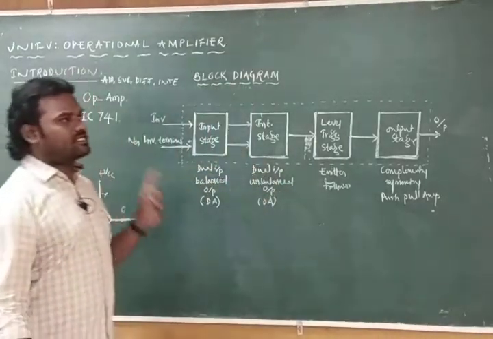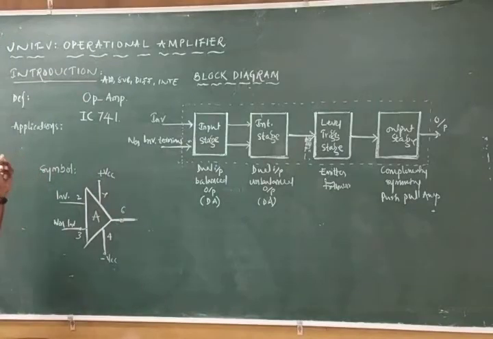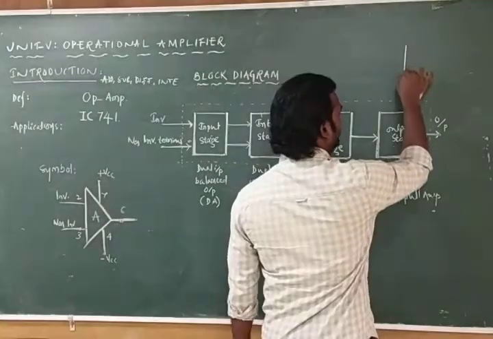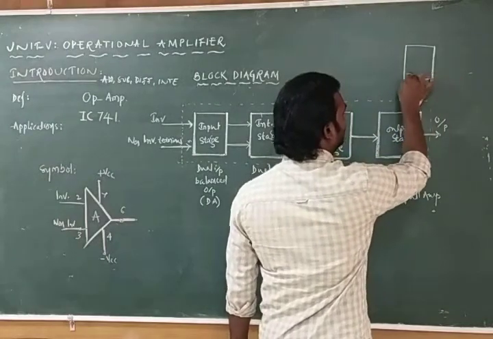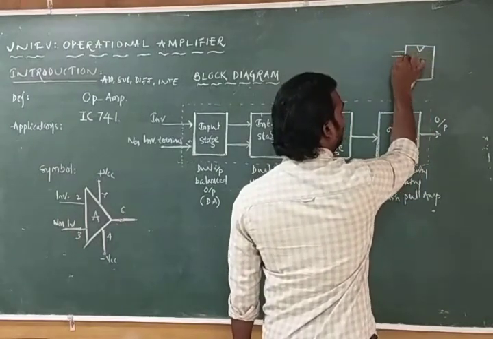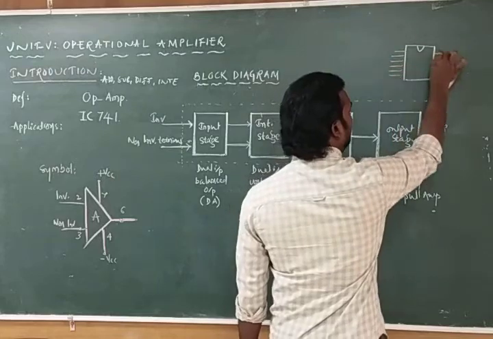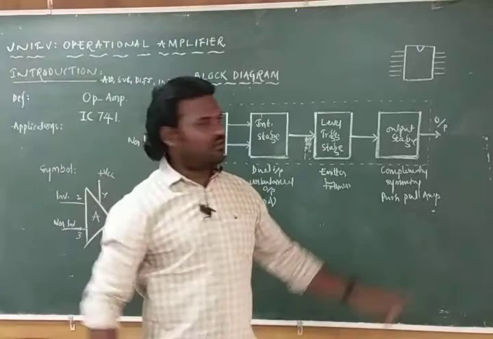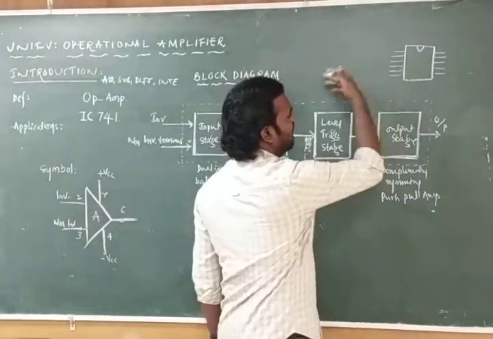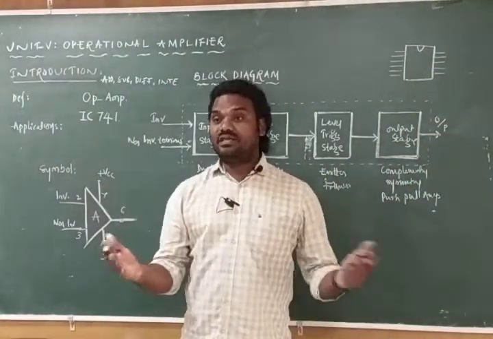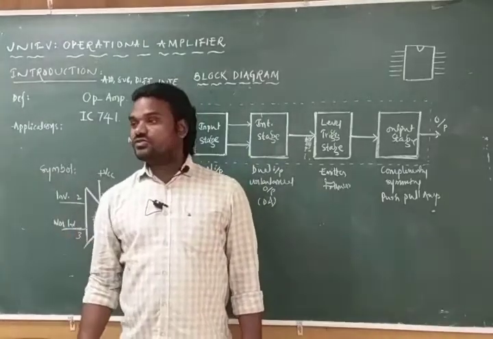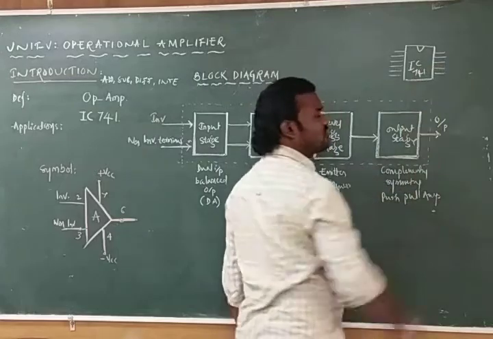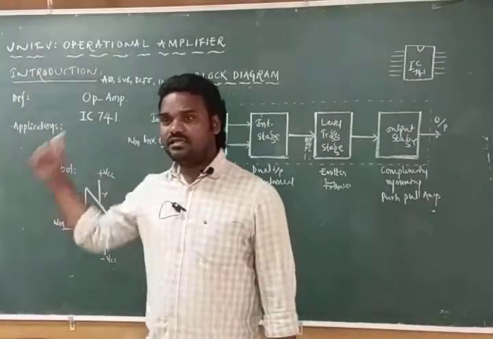I am saying that it is an integrated circuit. If you go with any integrated circuit, integrated circuits will be like this. The top of the IC will be in the color of black only, and it will have some pins on the left side and right side. So here we will be having the IC741. What does the IC741 indicate?